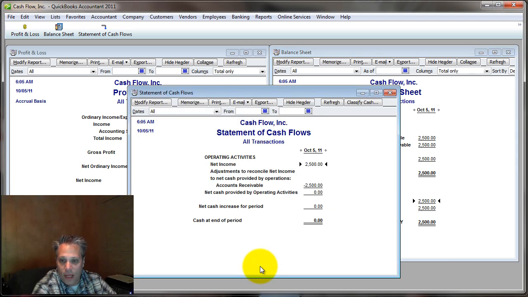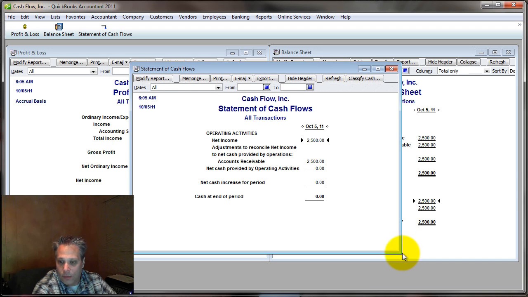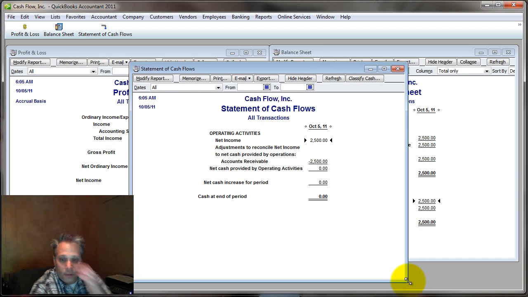Let's see what the statement of cash flows shows about this. And it's interesting because in the blog post I mentioned this. It's very important to understand. The statement of cash flows reconciles net income to cash, and what's in between are fluctuations in your balance sheet account balances. It's not the account balance itself, it's the fluctuations in the account balances, and then something is done with that to show, based on that fluctuation, how we get from net income to what's in the bank at the end of the day.